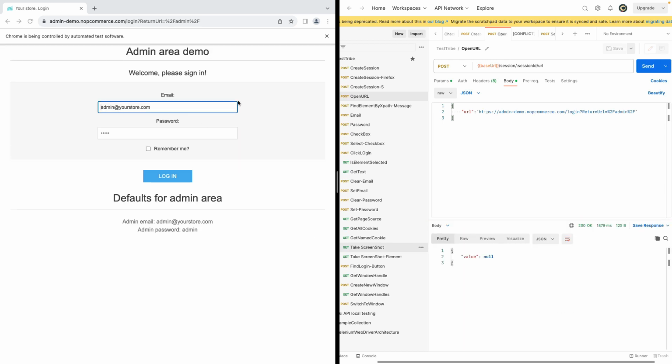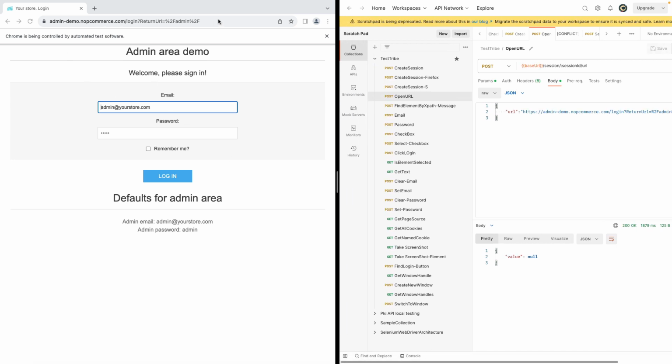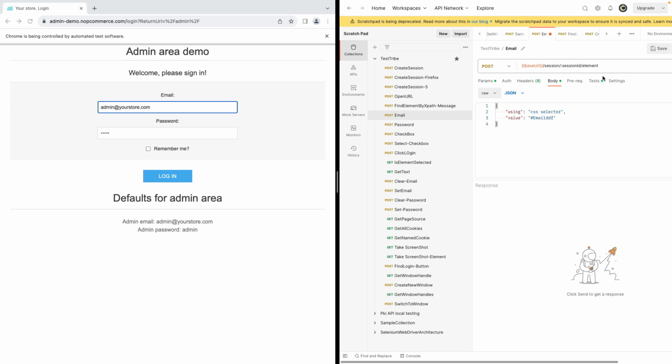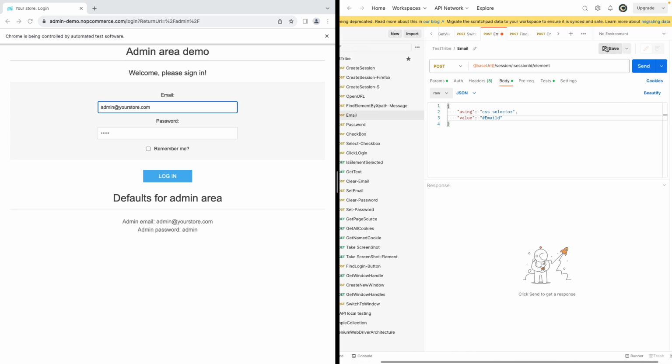you will see a browser window with the URL you had specified is opened. Okay, now let's try to find the email. So what it needs is a session, and I wanted to find the element. But how did I want to find the element? I wanted to find the element using the email ID, which is nothing but a CSS selector. Okay, and if I